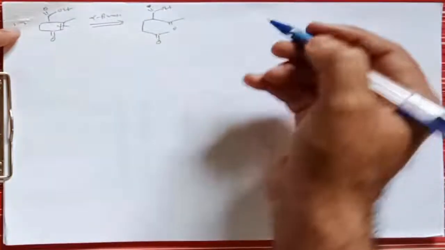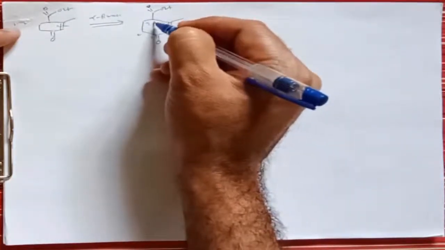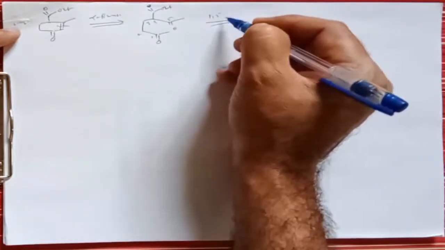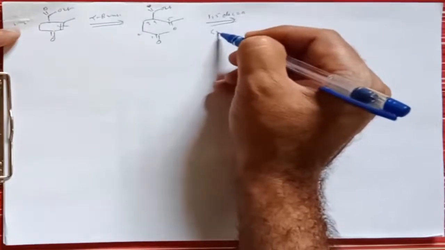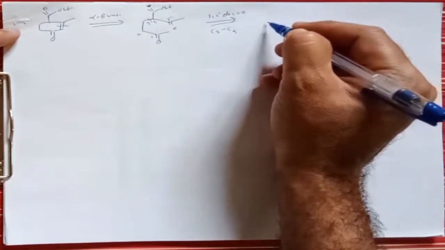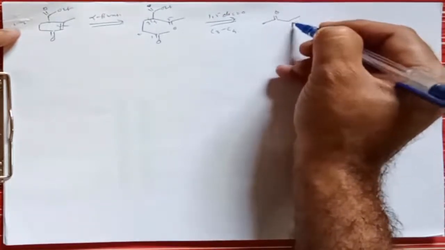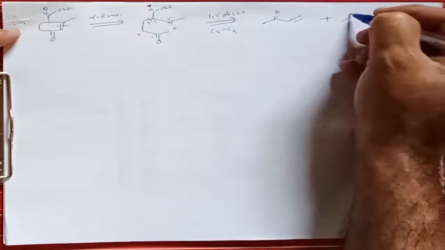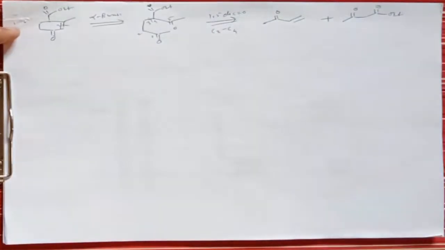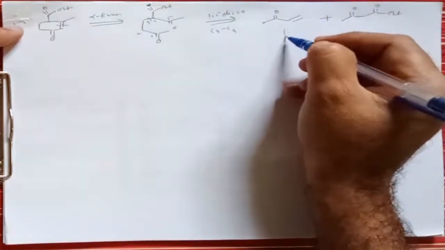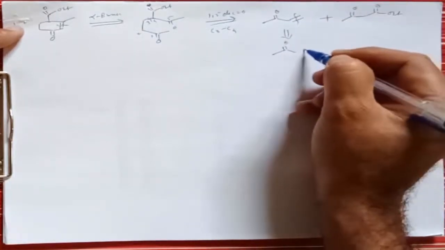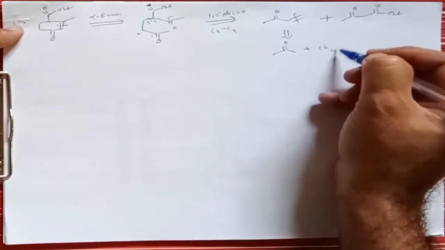COOEt, right? Now if you see, it is 1 2 3 4 5, a 1,5 dicarbonyl compound, and we know that if there is such type of 1,4 dicarbonyl compound, we can break at C3 C4 position. If we break this C3 C4 position, what does it give? From one side it gives an alpha beta unsaturated system, and from the other side it gives ethyl acetate. So this is ethyl acetate, and if there is such type of molecule, we can go for the Mannich reaction, and after breaking of this molecule, we can get here ketone along with formaldehyde, that is CH2O.